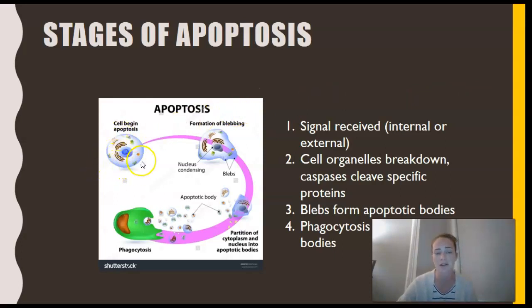So we go from a cell that is healthy to a cell that has begun this process of blebbing. And that's a key term to use to describe that misshapen kind of structure that our cell begins to take on, which progresses further into the cell actually breaking apart into what we call apoptotic bodies. And in those apoptotic bodies, you'll find the organelles, the broken down pieces of that cell, nice and neat in these little packages. And then those packages, those apoptotic bodies, will eventually be cleaned up by something that we're going to become very familiar with, a phagocyte.